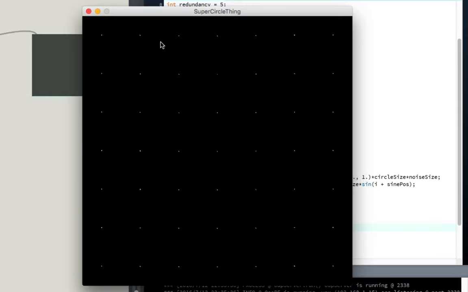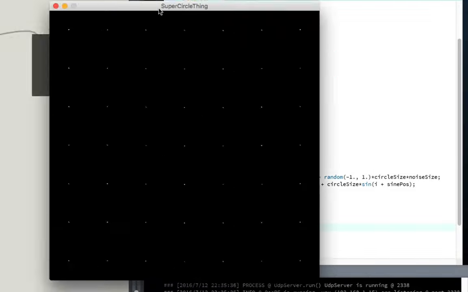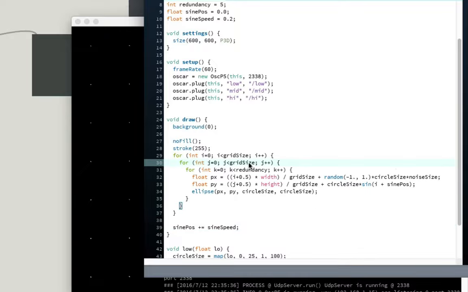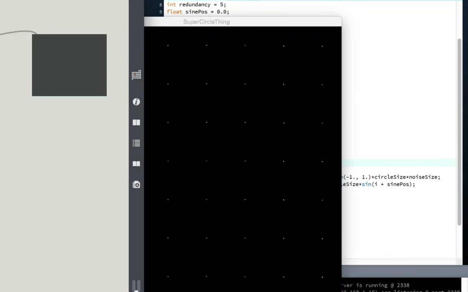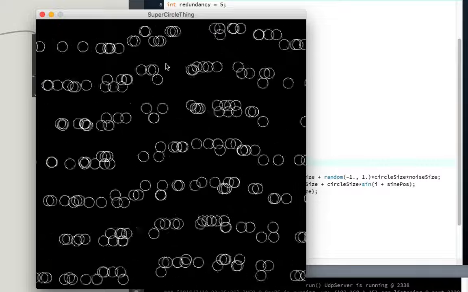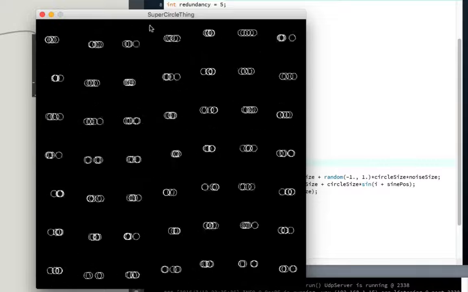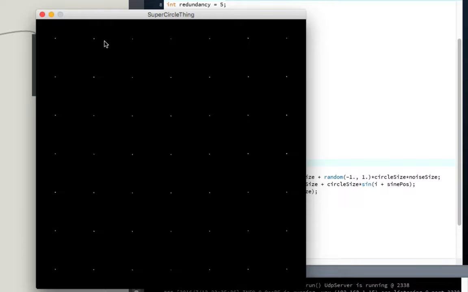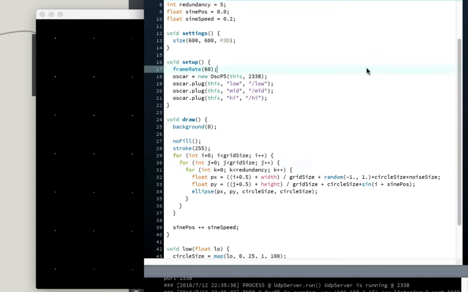So now you can see a little bit of wiggling going on here, just a hint, the faintest bit of wiggling. Let's see, as the circles get bigger, we should see some more interesting stuff happen. So you can see that these circles are wiggling up and down, which is good, I guess. And you can see they kind of have this little wave up here, kind of has a little frequency associated with it. And that frequency is going to be proportional to the sine speed down here,